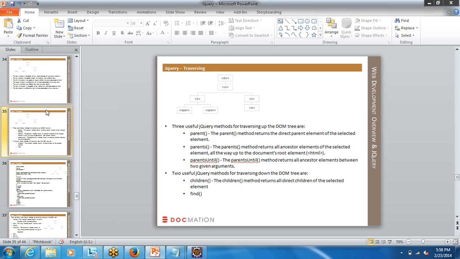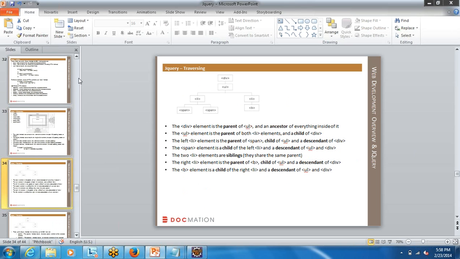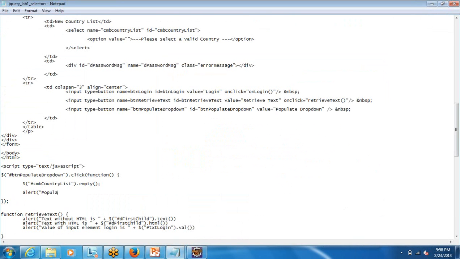So empty or remove, you could use any of those methods. So in this case, I'm just going to call the method empty. And then I'll just display a message box saying